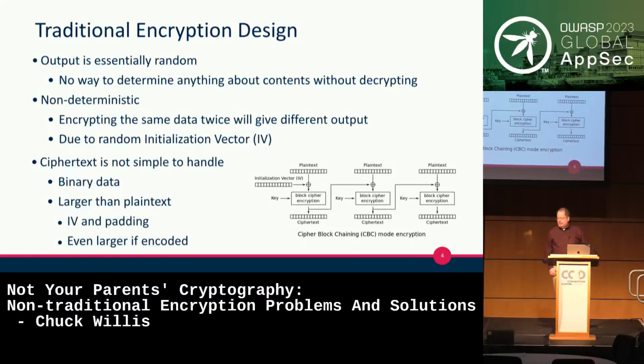The one exception is that sometimes it ends up smaller if there's compression involved. Sometimes schemes, especially when dealing with text, will compress the data before it gets encrypted. That results in the ciphertext being smaller than the plain text, which can also lead to strange problems in some situations.